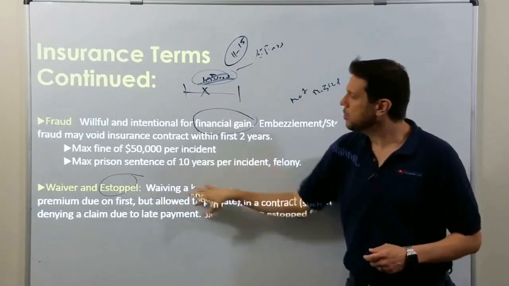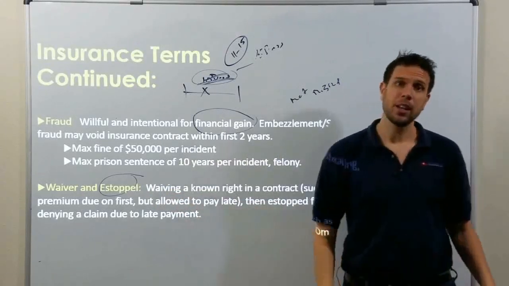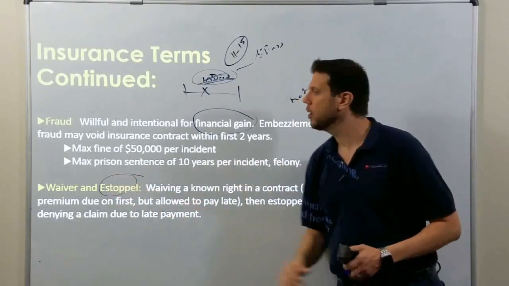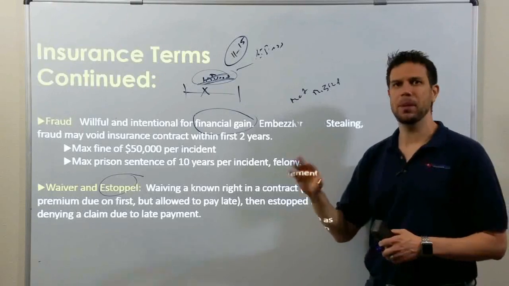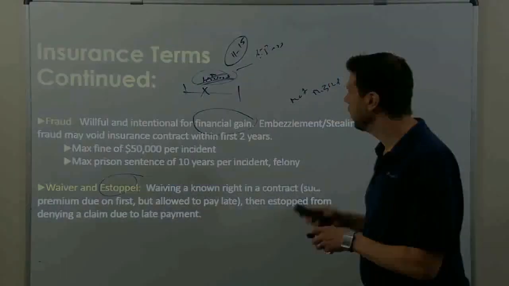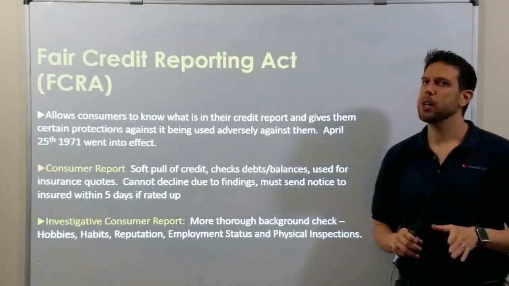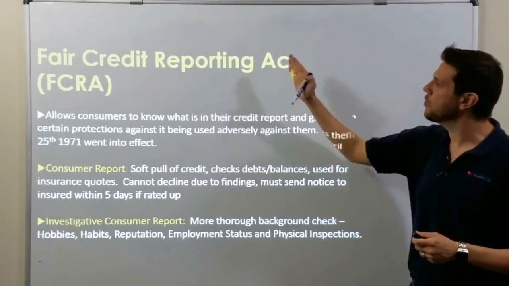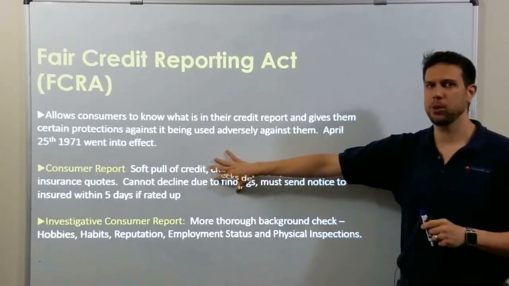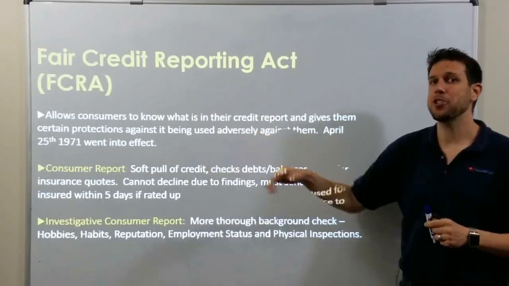On your test, these are primarily just definitions. It'll say, giving up a known right in a policy is best described as what? Waiver. And when the insurance company can no longer take back that right, that is known as what? Estoppel. The Fair Credit Reporting Act allows the insurance companies to pull credit reports, motor vehicle reports, do physical inspections,